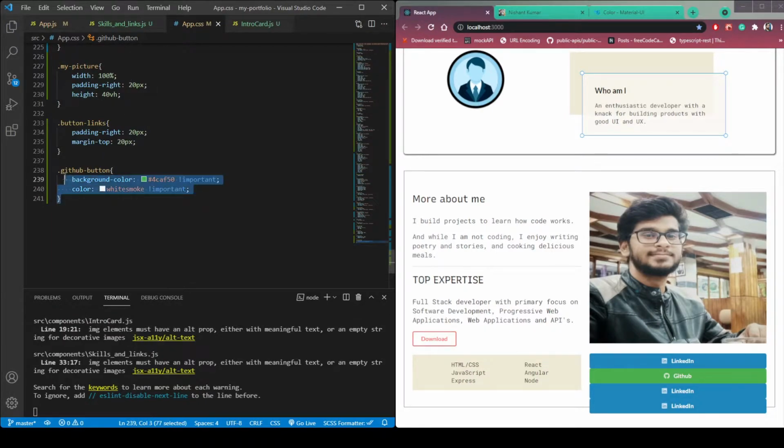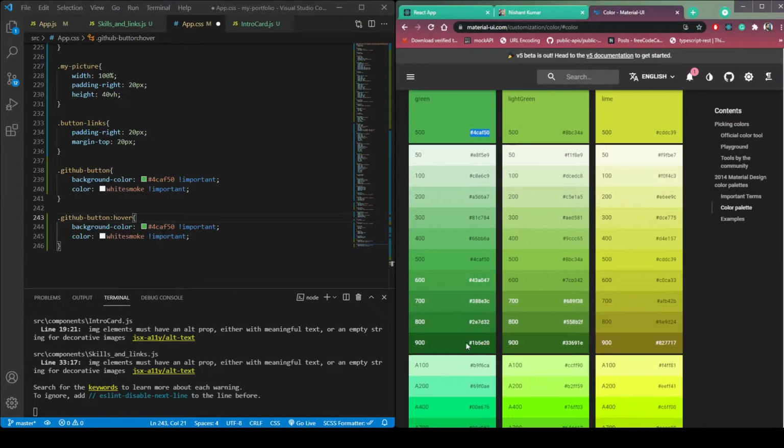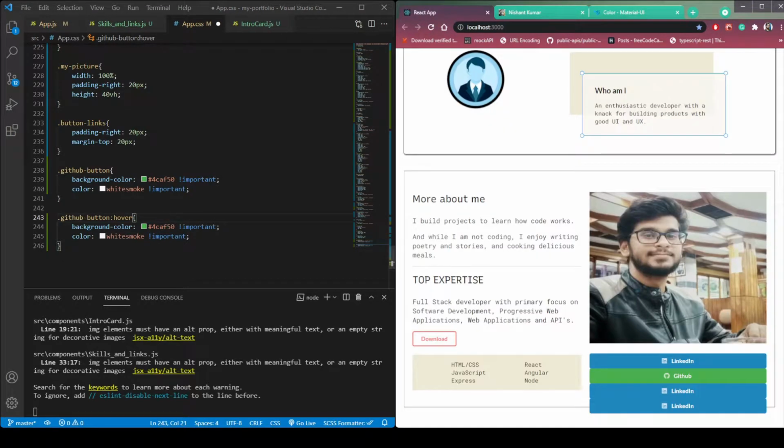And then we need to create a hover class. So GitHub button, and when it has a hover effect, the color should change to a darker version of this green. So paste it here and save it. So if we now hover, it changes to this darker version.